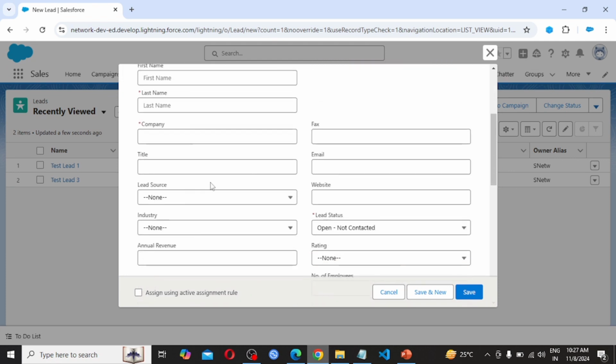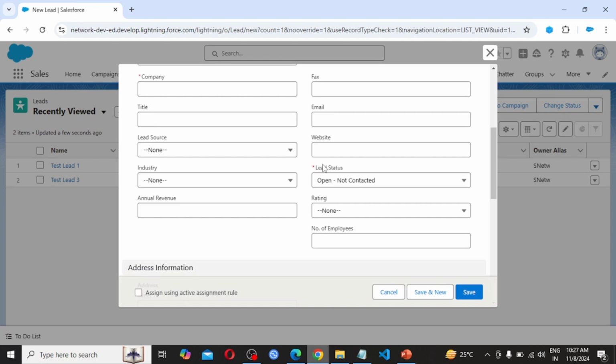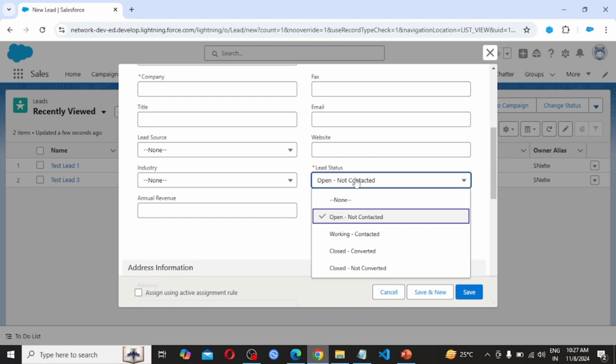Also we have to see the lead status. These are the lead status values: None, Open - Not Contacted, Working - Contacted, Closed - Converted, Closed - Not Converted. So our trigger would be, whenever the lead status is Working - Contacted, we have to prevent that lead from being deleted by anyone.